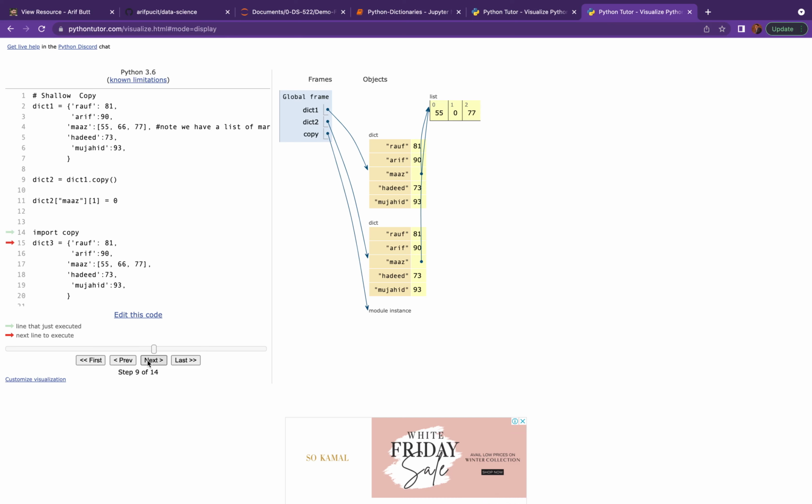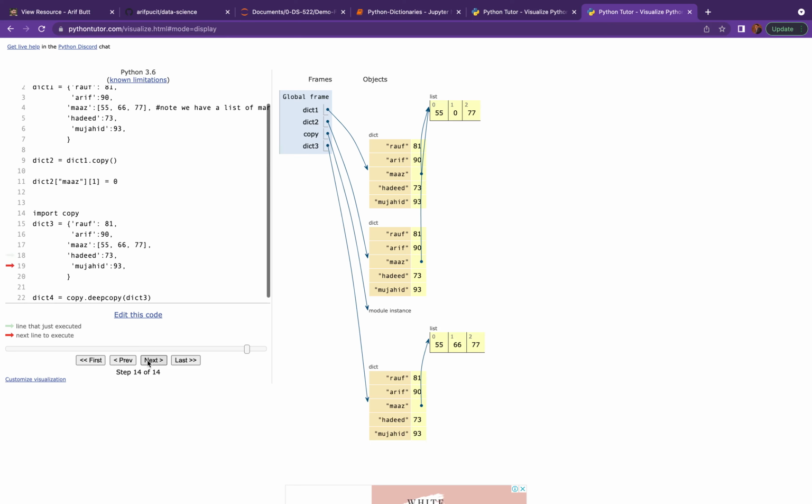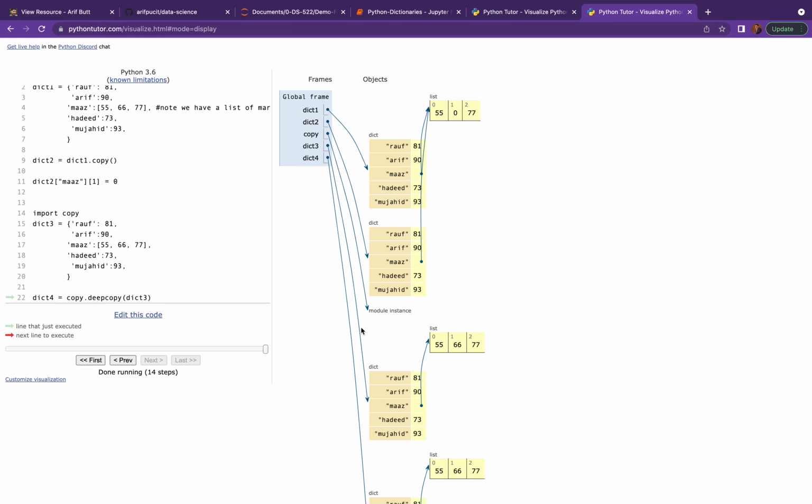I have created a dictionary 3. Okay, our dictionary 3, a reference dictionary 3 pointing to our dictionary object as seen in the code over here is created. And remember, this also has a list inside the dictionary. And once I do a deep copy this time, see what happens.